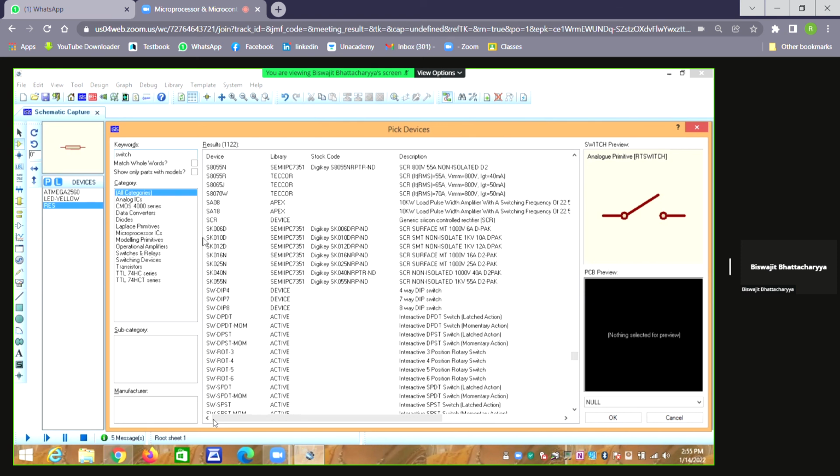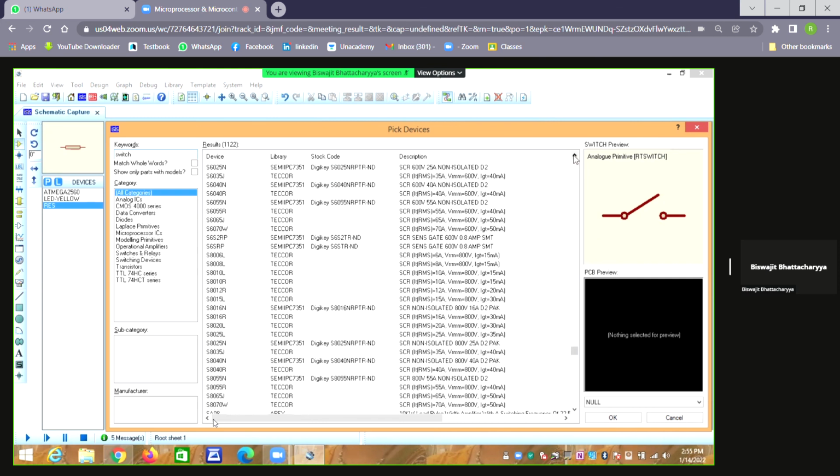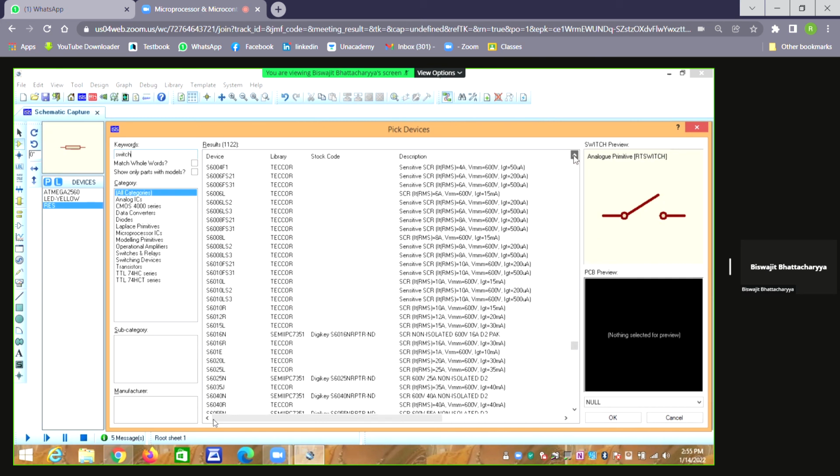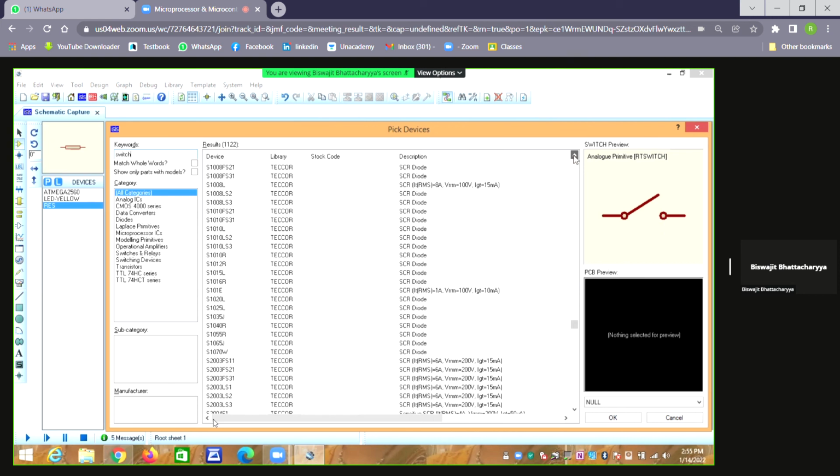Some thyristor is here. You see SCR, silicon controlled rectifier. SCR is there. In power electronics applications, that is very much required. So different types of other things, SCR, diodes, many other things are there.